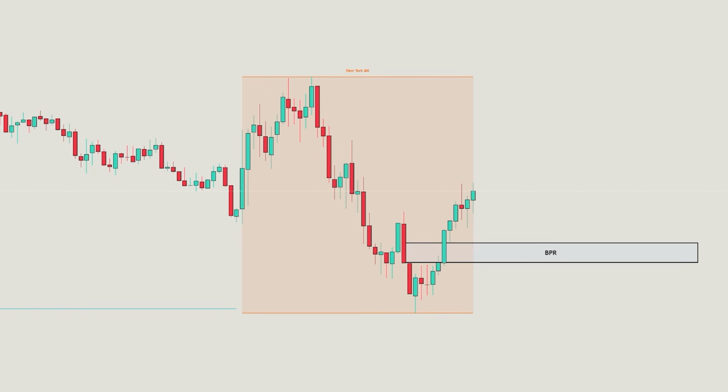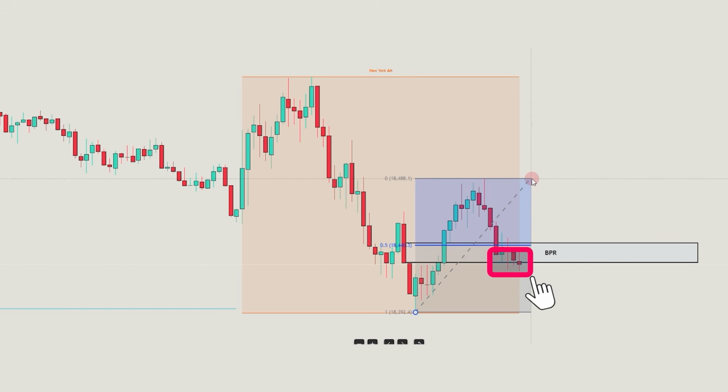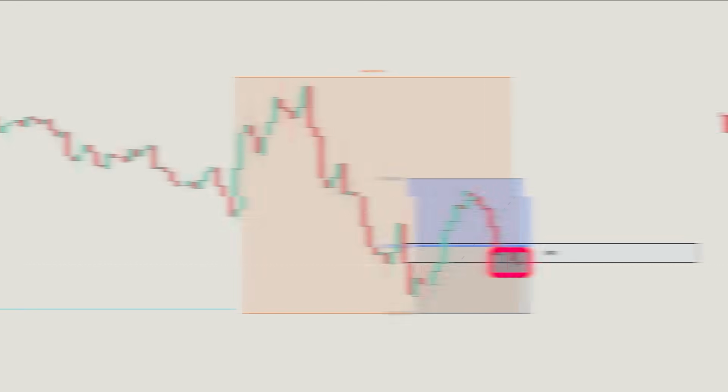Now the entry point. Venom uses the OTE zone. It is a pullback in the range between 61.8% and 78.6% according to Fibonacci. This is not just a nice level. It is the zone where professionals most often get a position. It is from there that they enter the trade. And finally,